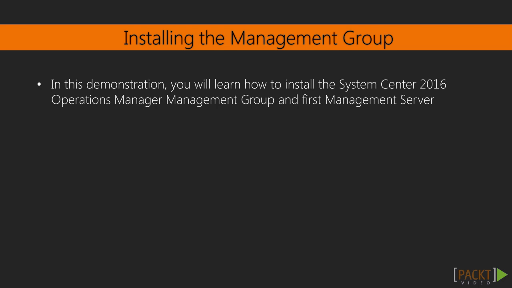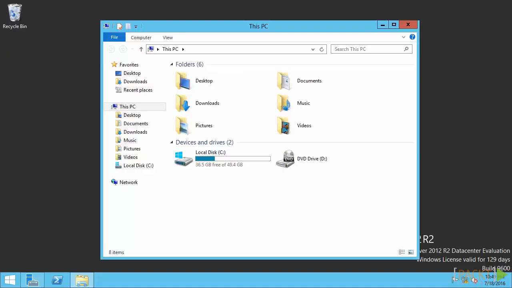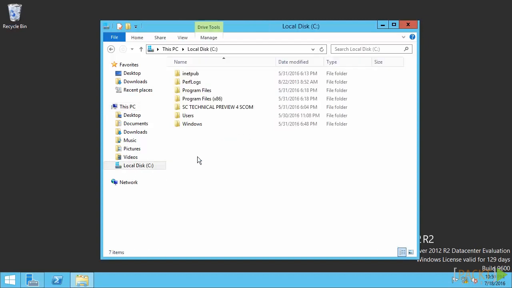In previous videos, I've discussed the prerequisites, so in this demonstration, I will show you how to install the very first management group and the first management server. Let's begin with the installation of the first management server and place the database on a separate server. I've stored a copy of the installation files locally,